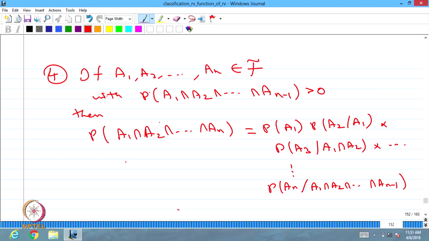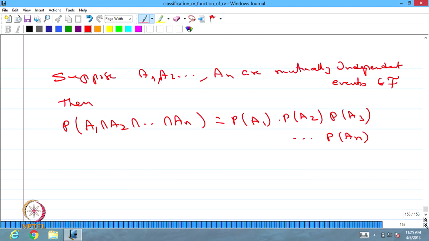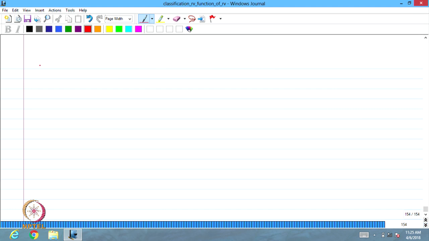This result, this conditional probability of intersection of events, is the same as the product of this probability. This rule is called a multiplication rule. Later I am going to introduce the total probability rule, whereas this one is called a multiplication rule, that is, the probability of intersection of events is the same as the product of the probabilities. Now we are moving into the next important definition